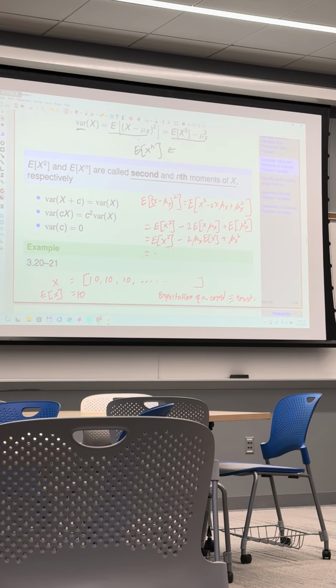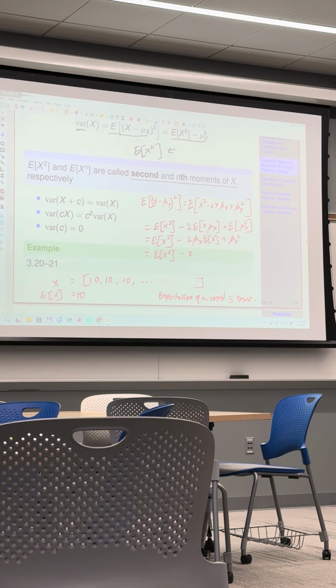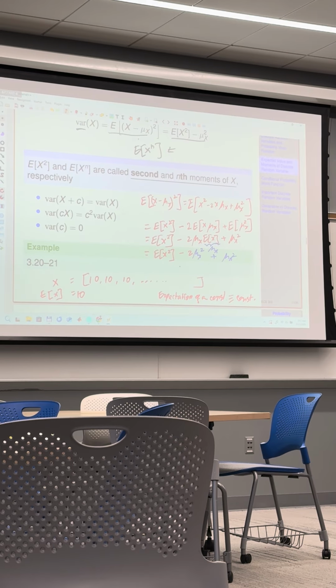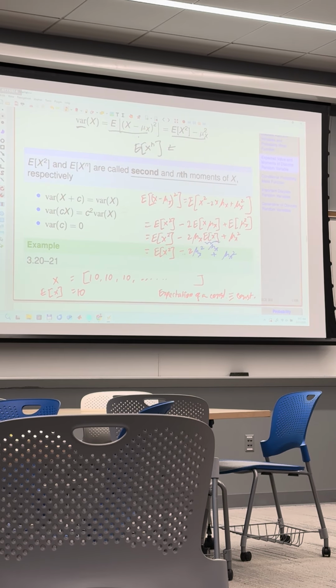Now look, you have expectation of x squared minus 2 mu sub x, and then expectation of x is simply a mu. So this part is mu sub x. So mu sub x times mu sub x gives you mu sub x squared, plus you have mu sub x squared. So you have negative 2 mu sub x squared, here you have 1 mu sub x squared. So you are left with negative 1 mu sub x squared. And that's how